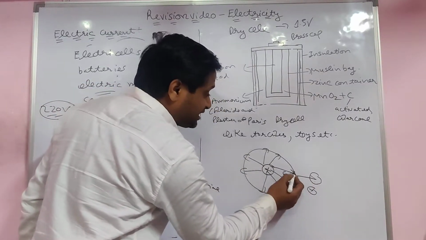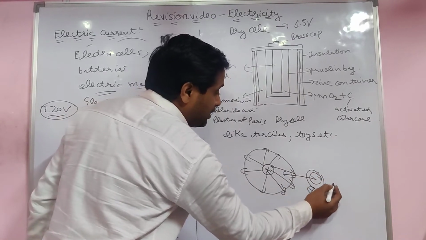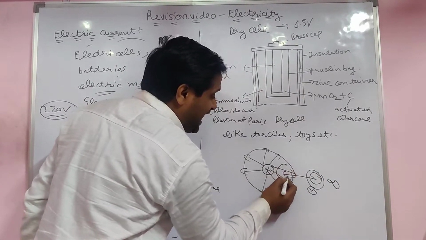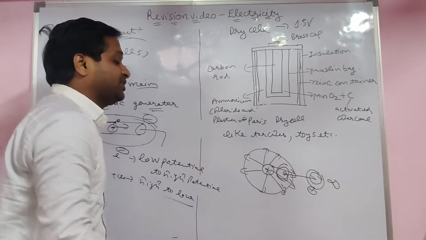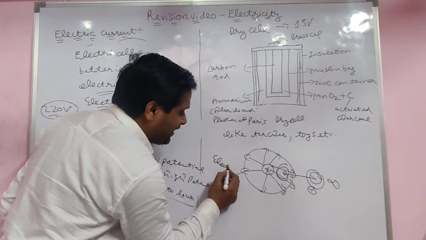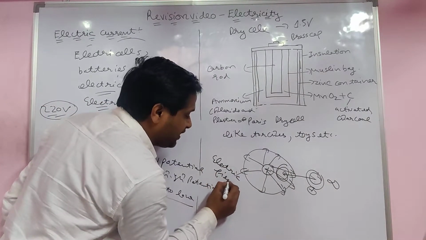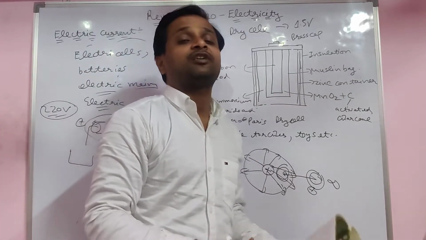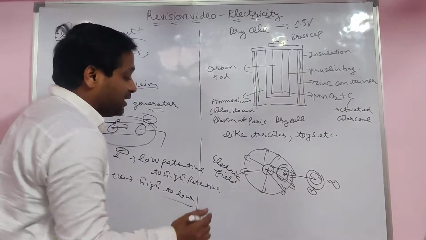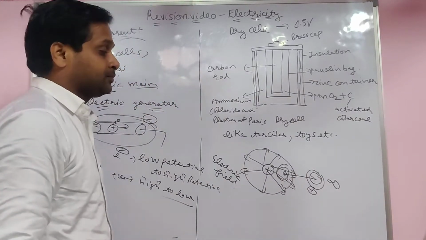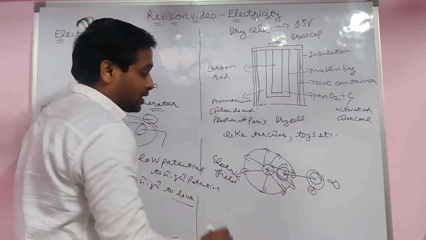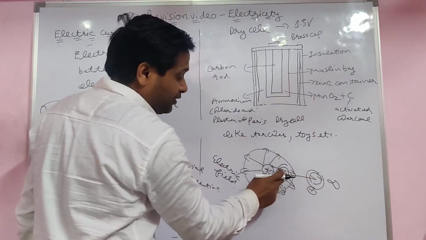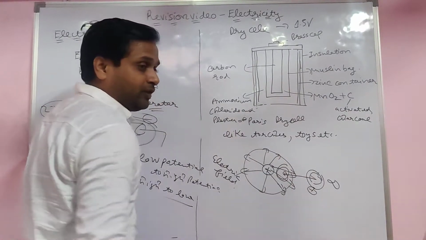To take the charge from infinity to a point in the field, this is the electric field. The effect field is called electric field. If a magnet is there, north pole, south pole, that is a magnetic field, student. Here it is electric field only. So if you take the charge from here to here, you have to do work.